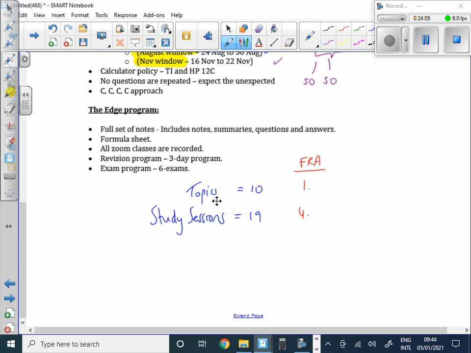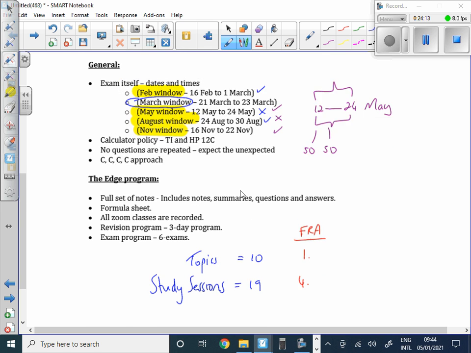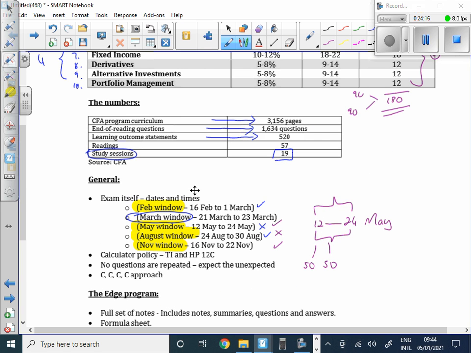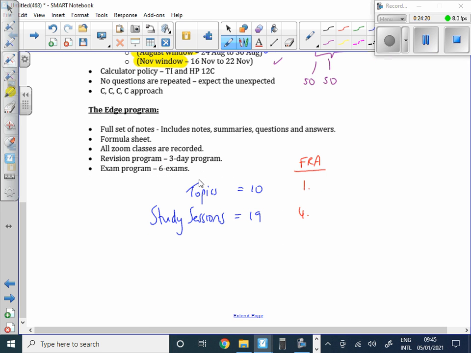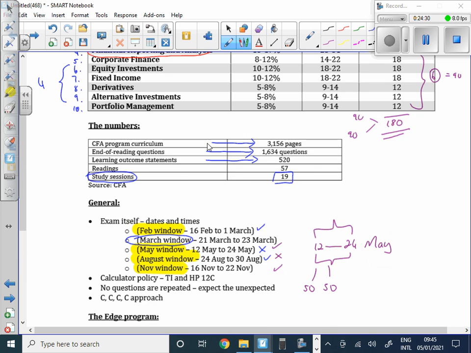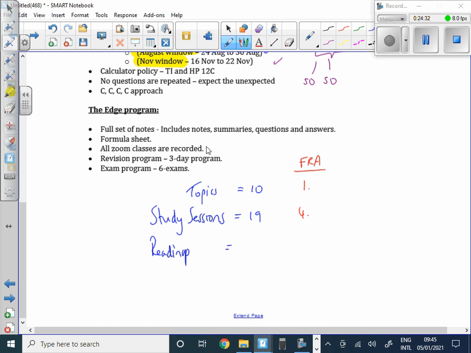So you can see the volume of the work over there. Okay, and once you move down from study sessions, you look over here. I'm just going to take you from there. Okay, we look at the various readings. How many readings? I don't know it offhand, but, well, I mean, we know the total. The total is 57 readings. If memory serves, there's approximately 12 readings for FRA, and then we come to this last thing called